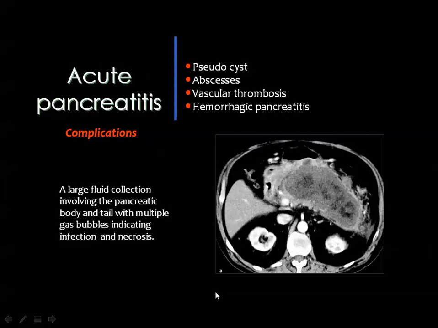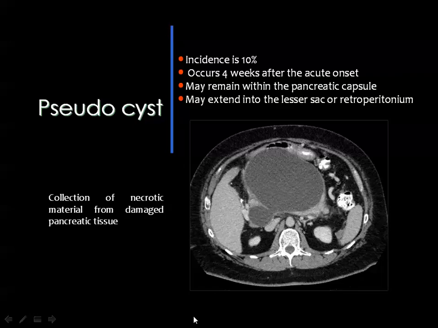Then the complications of acute pancreatitis include the formation of a pseudopancreatic cyst, or the formation of an abscess, or vascular thrombosis, or hemorrhagic pancreatitis. And if you look here, this is the pseudopancreatic cyst, which is a collection of fluid around the pancreatic area in the course of acute pancreatitis. The incidence is about 2 to 10%, and this pseudopancreatic cyst is usually well formed 4 weeks after the onset of acute symptoms, and this may remain within the pancreatic capsule or may extend into the lesser sac or